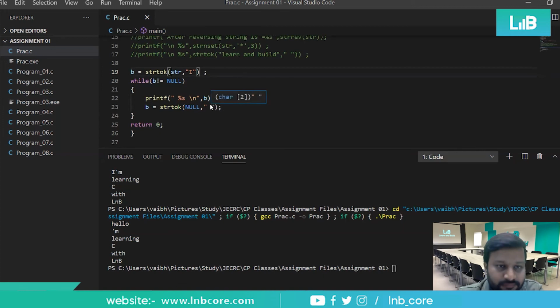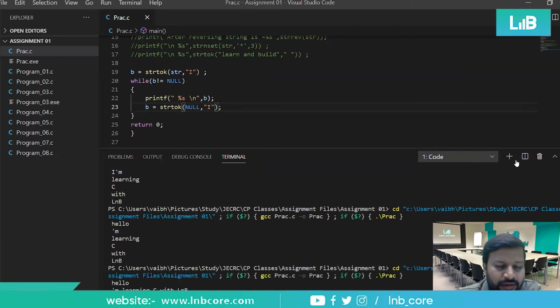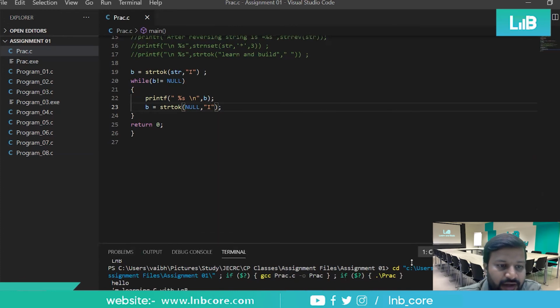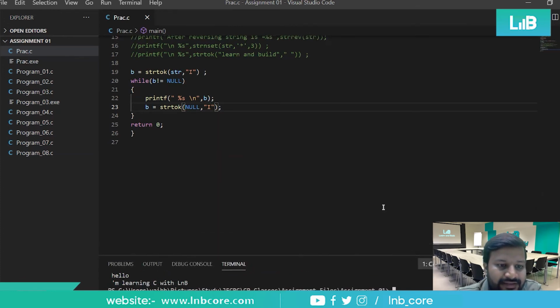Let us put I only. It will check whether I is coming again. So in learning, I is coming up, right? Small, okay, capital I, then okay, no issues. So only two parts must be coming up: Hello, and I'm learning C with LNB.